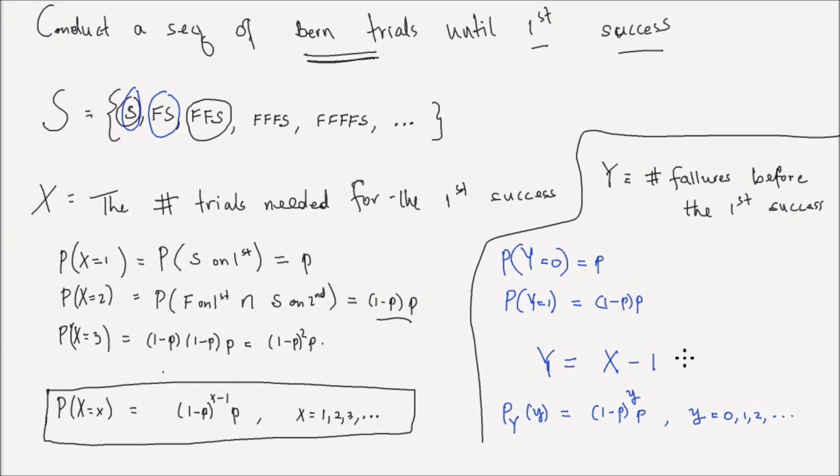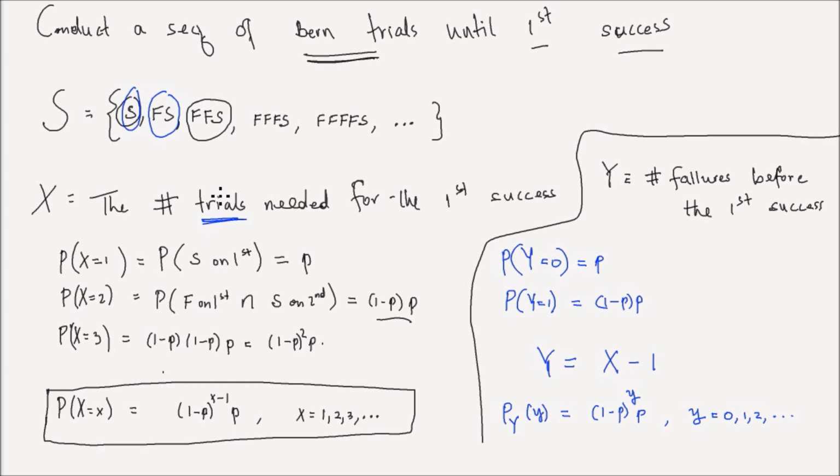So you have to be careful how the random variable is defined. If the random variable is defined as the number of trials needed for the first success, this is the PMF. If the random variable is defined as the number of failures before the first success, that is the PMF. In this case,